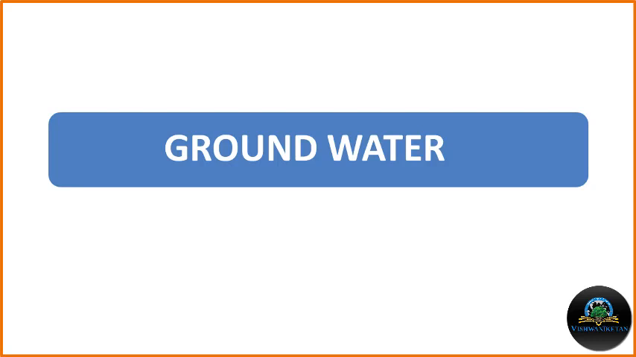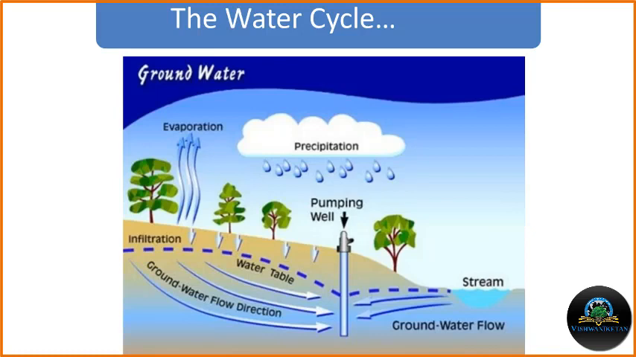Today's topic is groundwater. When there is precipitation, whether in the form of rain or snow, some amount of water evaporates back to the atmosphere. Some amount of water may flow through the slope and ultimately form streams or small ravines. Some amount of water is absorbed by the roots of the plants